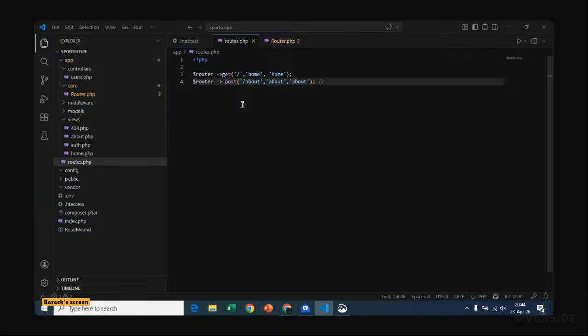We are mentioning the router, and when it comes to get, we get the URI we want, then the view name we want, and then the route name we want.